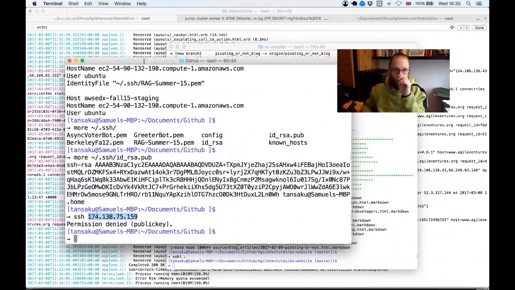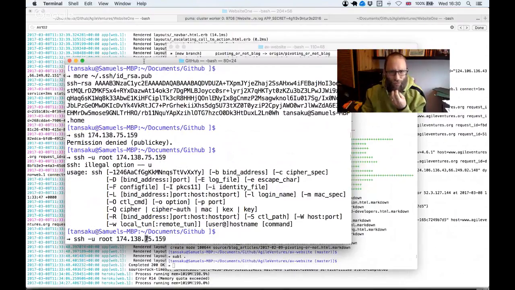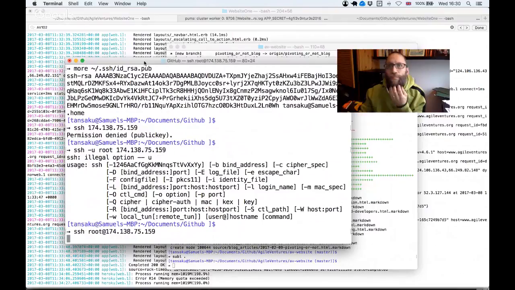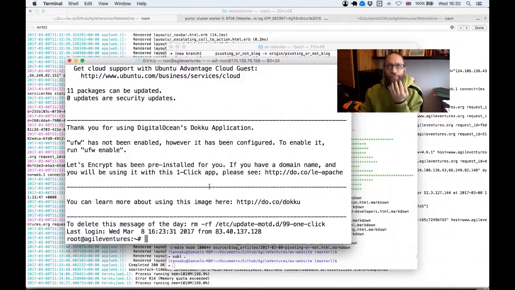As a root user, so I need to do like minus u root or something. No, well, I type root at. But you can see in the Google Hangouts chat. Oh yeah, got it. Fine, great. Okay, so then I'm logged in, and then I would need to run like